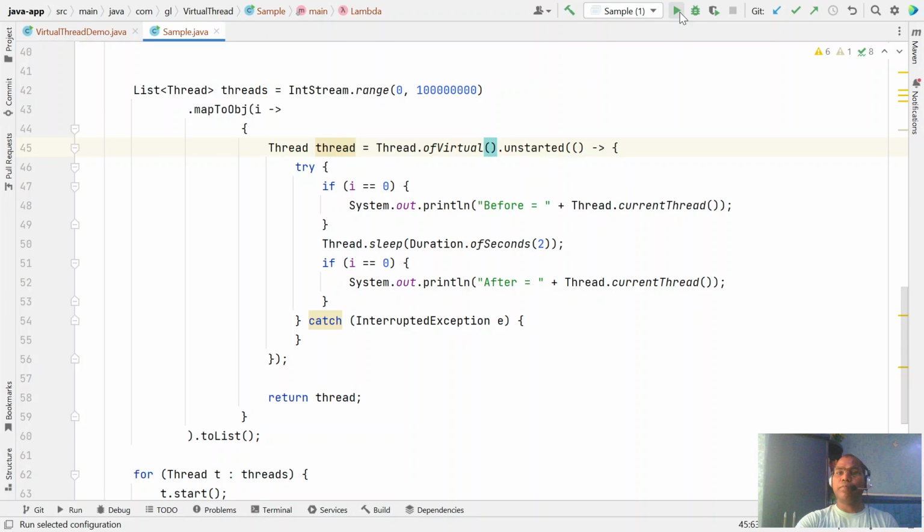Let's wait while the code compiles and runs. Now in the case of virtual threads, the logic is broken up. Some portions are done by thread one,